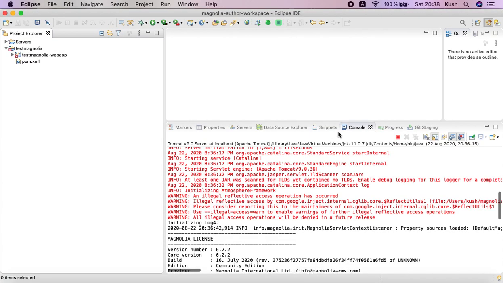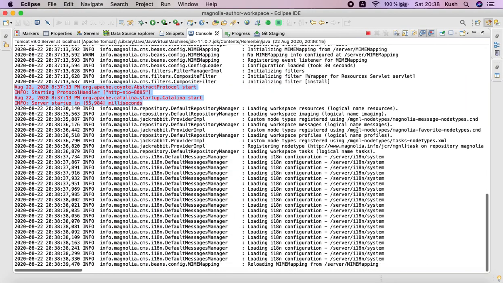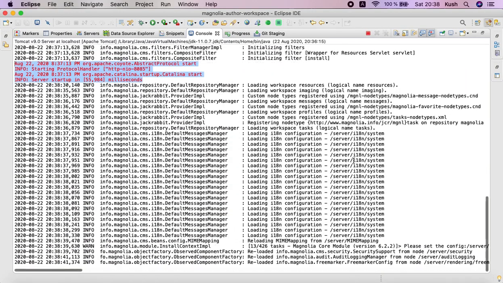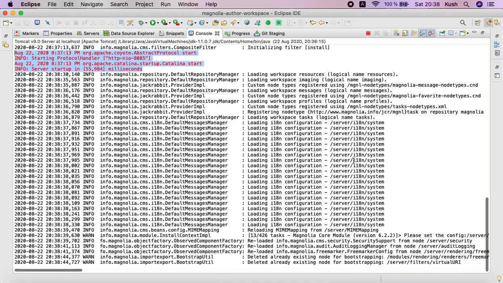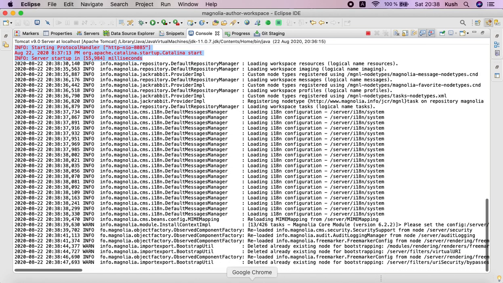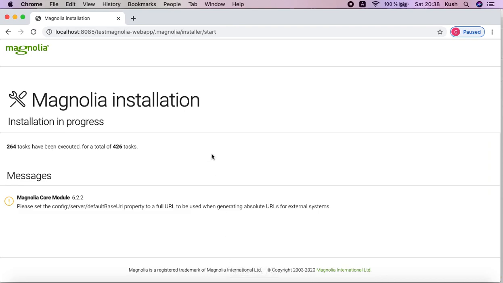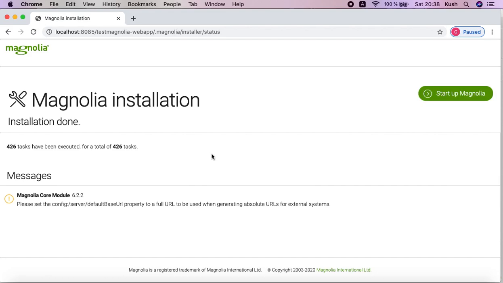Also you can verify the same thing in the console side. Here you can see it is installing in your local environment, and after finish we will see it will take some time. 41, just wait for that, and then I will show you how we can log in and what we have inside the Magnolia.